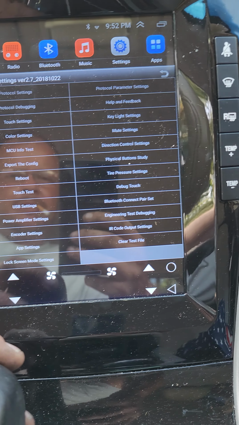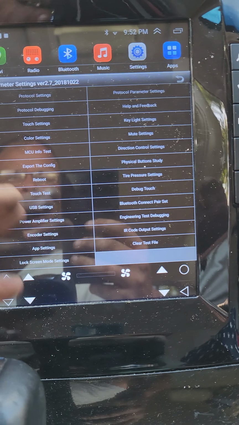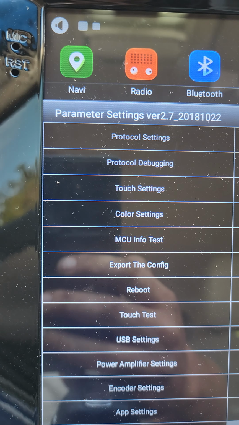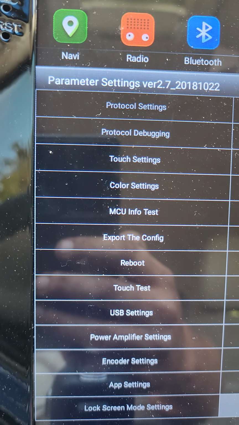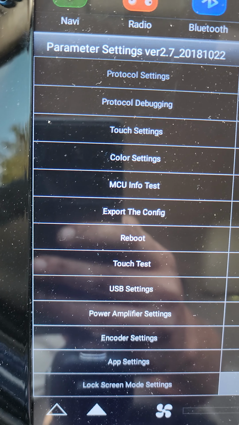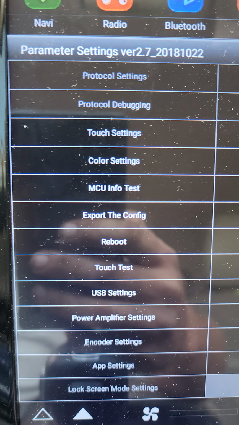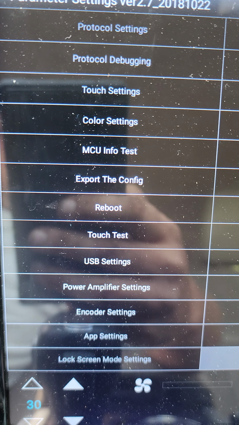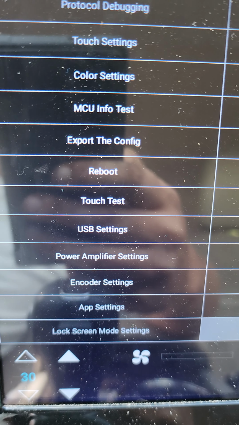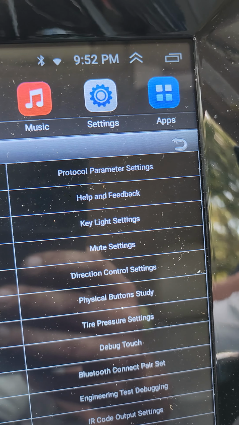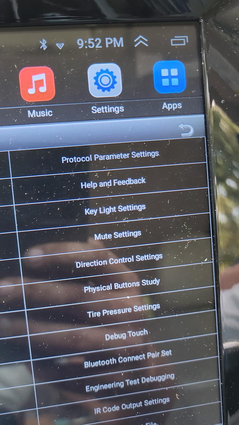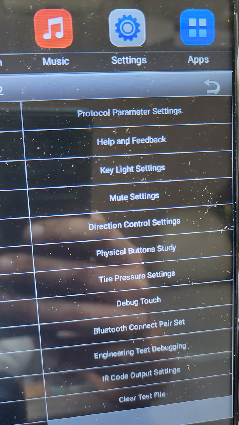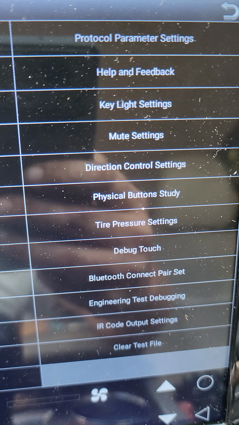Much of this other stuff you're not going to be using. I mean, you have plenty of settings in here. Protocol settings, protocol debugging, touch settings, color settings, MCU info settings, export the configuration, reboot, which you may end up having to use from time to time. Touch test, USB settings, power amplifier settings, encoder settings, app settings, lock screen mode settings, protocol parameter settings, help and feedback, key light settings, mute settings, direct control settings, physical button study, tire pressure settings, debug touch, Bluetooth connect pair set,